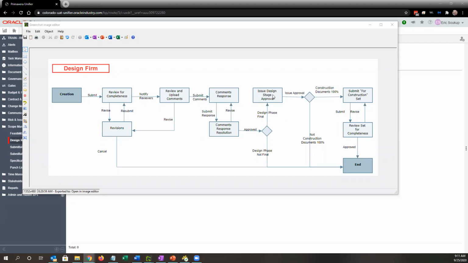That's not currently being generated by Unifier, so that's still going to be a document that's created outside of Unifier and then attached to the record. They'll then issue approval, and then depending on whether or not we're at 100% CD, it will go one of two ways. If we're not at 100% construction documents, that will just end the process for that review cycle. If we are, it will go to the submit for construction set, which will go to the project coordinator to attach